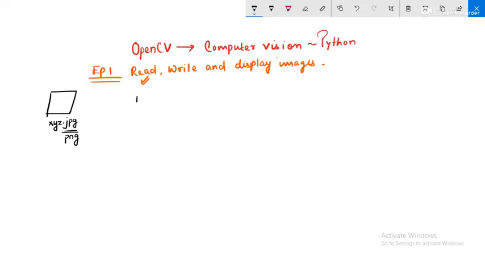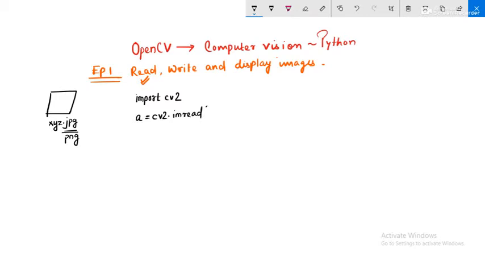The first part is importing the library. So you have to basically do import cv2. After importing OpenCV, we have all the features of this library that we can use. The first thing being, I have to store the image in a variable. So let me declare a variable a that will store the image. To store the image in the variable a, I need to write cv2.imread. This imread is basically image read.